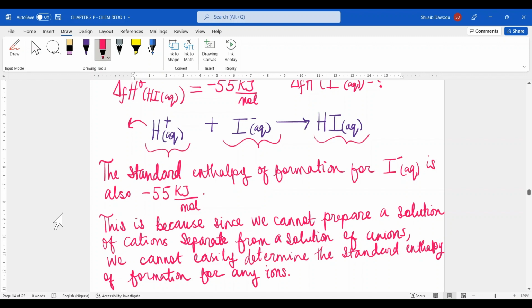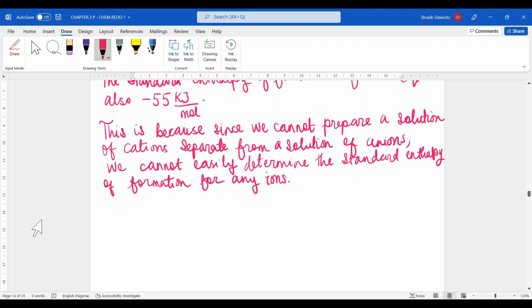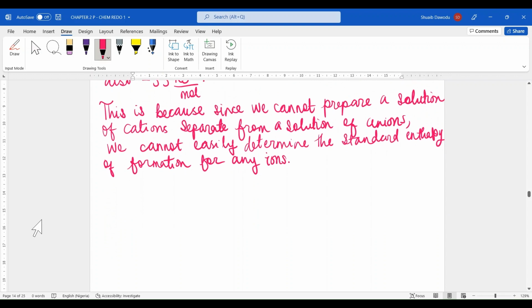This is because since we cannot prepare a solution of cations separate from a solution of anions, we cannot easily determine the standard enthalpy of formation for any ions. Therefore, we've explained the critical situation. Now we're going to explain how we derive our answer. So therefore, we define